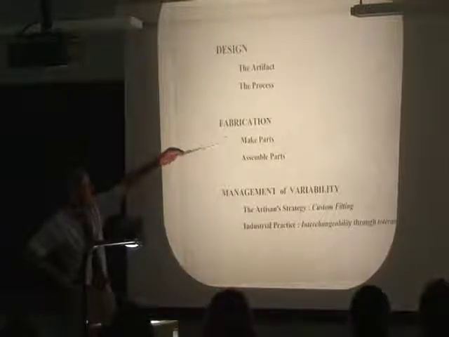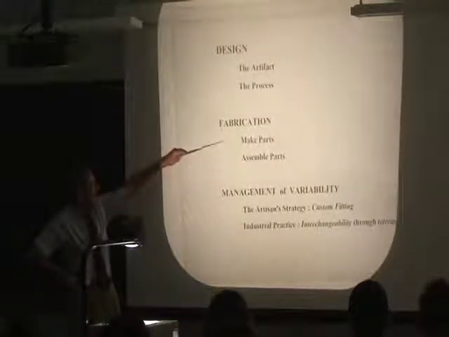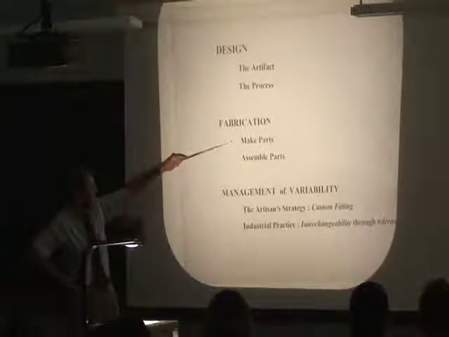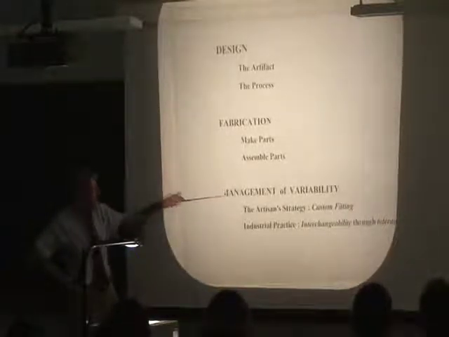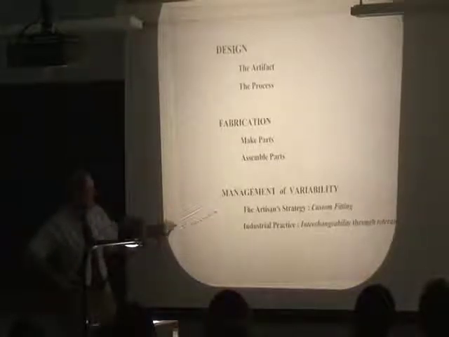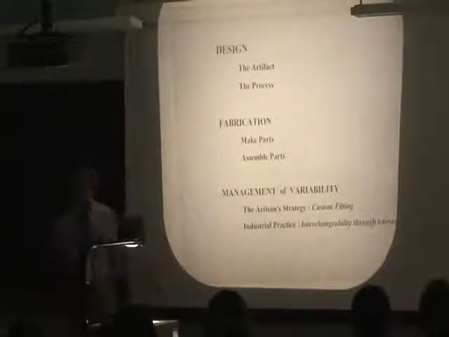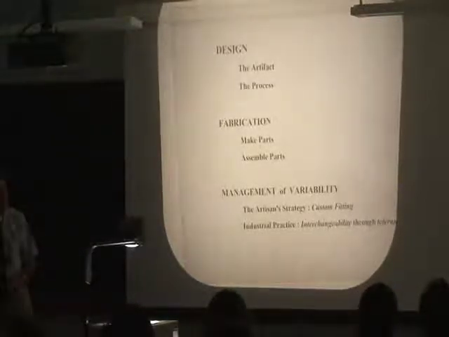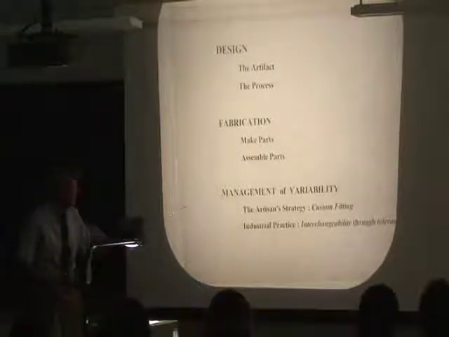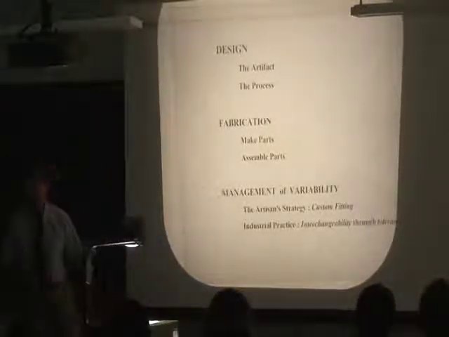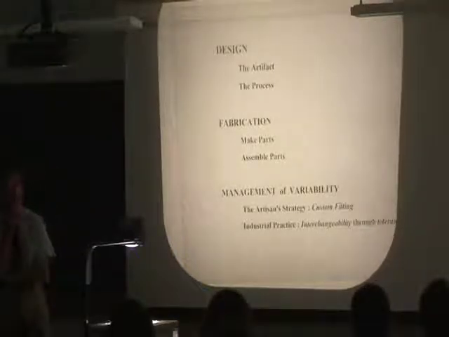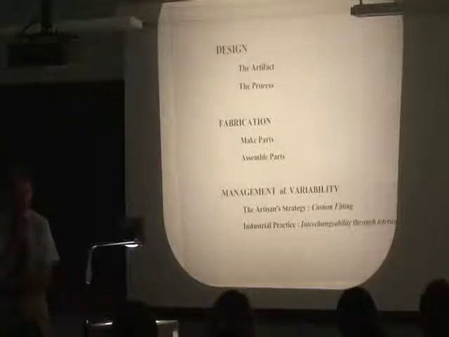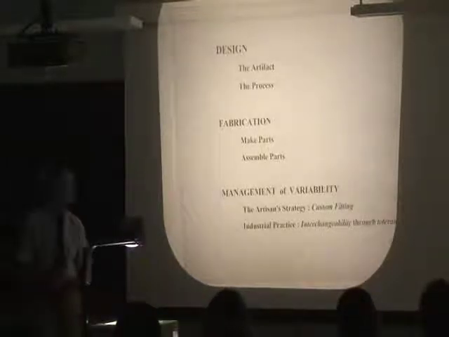Then there's fabrication. You have to make parts, you have to put them together, and there's enormous variety here, as you'll see. Then there's this more subtle business, which is the management of variability. The ability to do this, to manage variations, is what allows you to have interchangeable parts and allows you to make things in large quantity. And you might say, well, where's the variability come from? It's everywhere. And nothing in the world of engineering is precise. And every machine tool has finite precision and will not make you precise parts. They will make good approximations to precise parts, but not perfect parts.